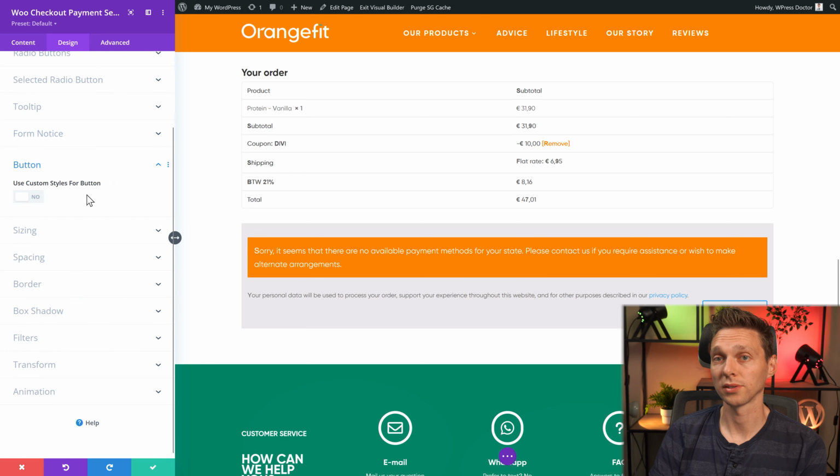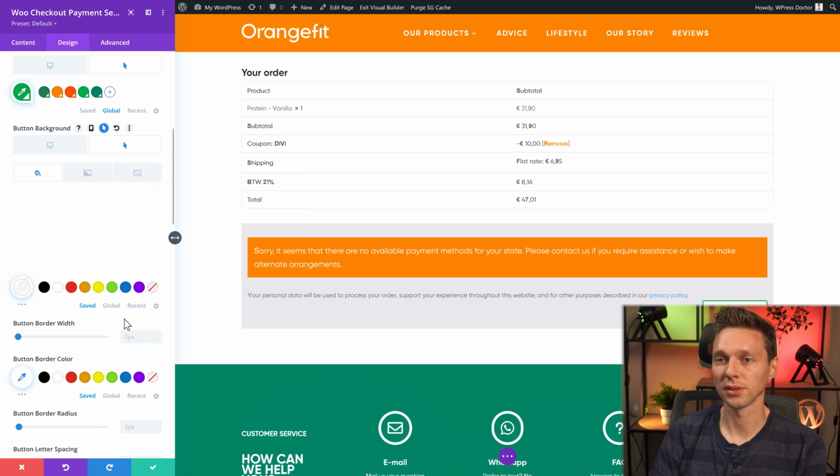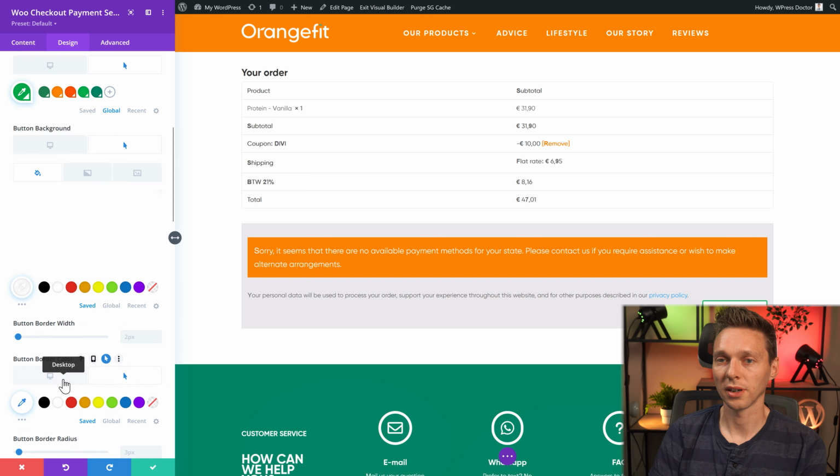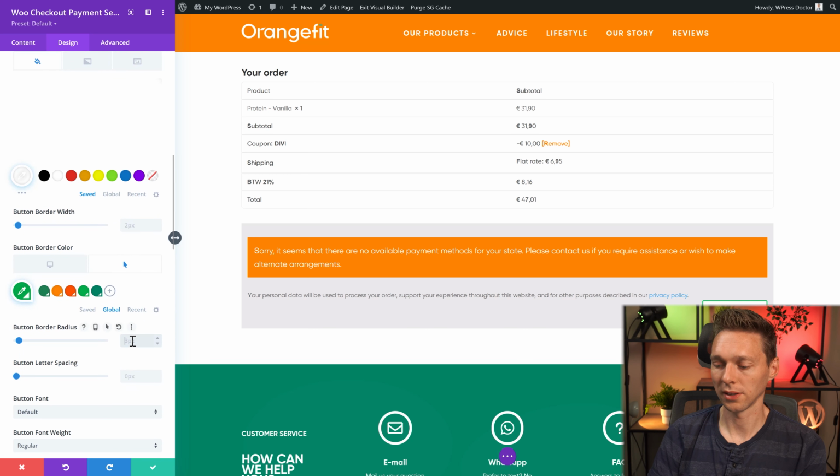So then I want to make the text green, and the background on hover should be white, like this. And then the border should be 2 pixels. The border color on normal should be green, and on hover it should be green also. And the radius should be 25.